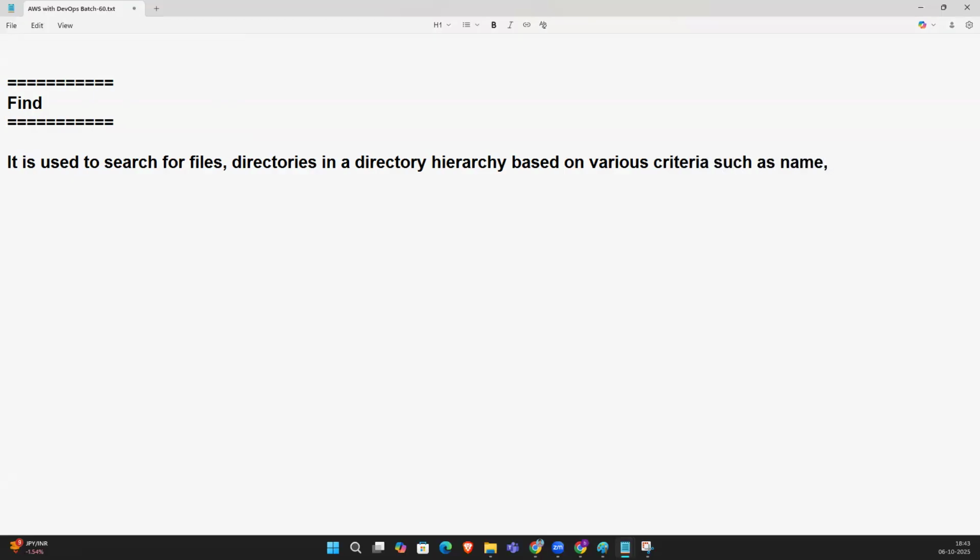I want to search by name, as a file or a directory, or size, or modification time, and more. Understood? So it is used to search a file or a directory.